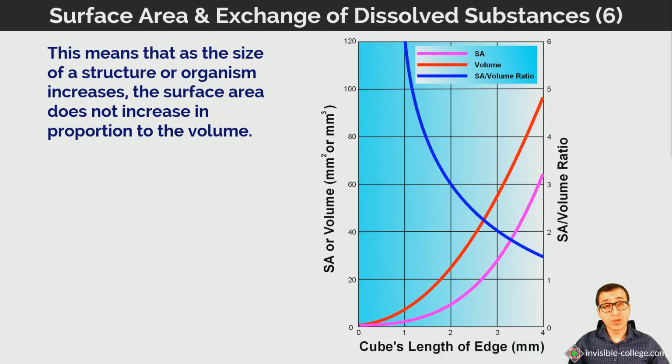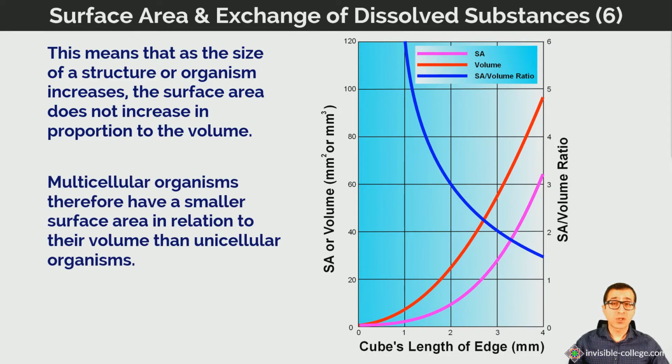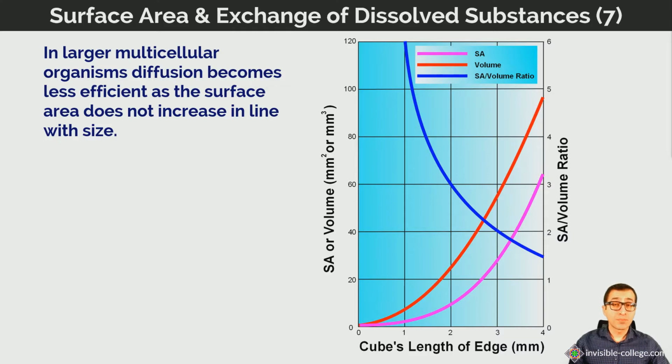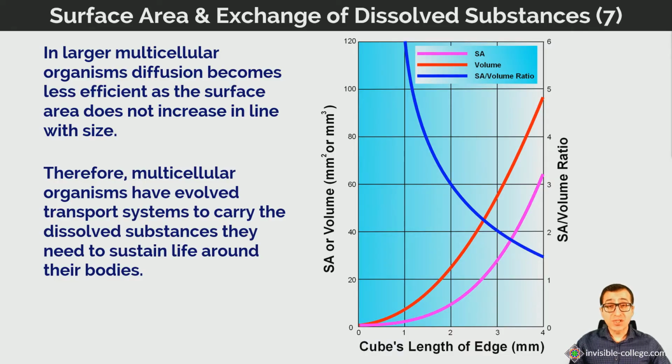multicellularity, the evolution of multicellular organisms, is itself partly a consequence of the increased efficiency of multicellular structures in terms of their surface area to volume ratio. So in larger multicellular organisms, diffusion becomes less efficient because the surface area does not increase in line with the size. So multicellular organisms have evolved various transport systems to carry dissolved substances that they need to the cells where they're needed. So the exchange surfaces in these multicellular organisms themselves are also highly modified to maximize the surface area